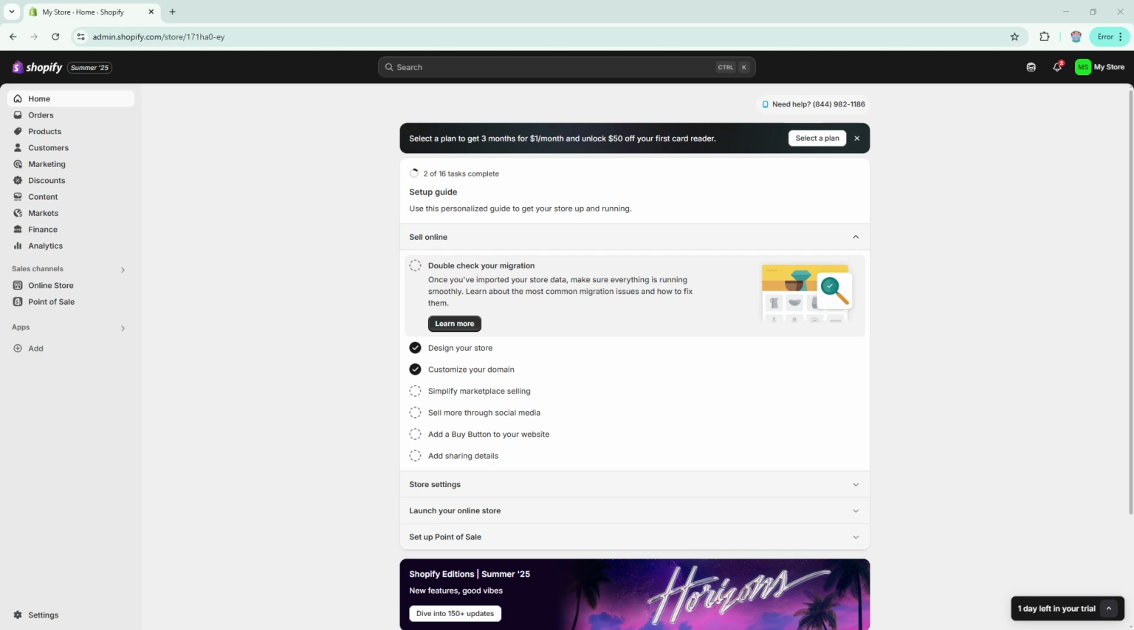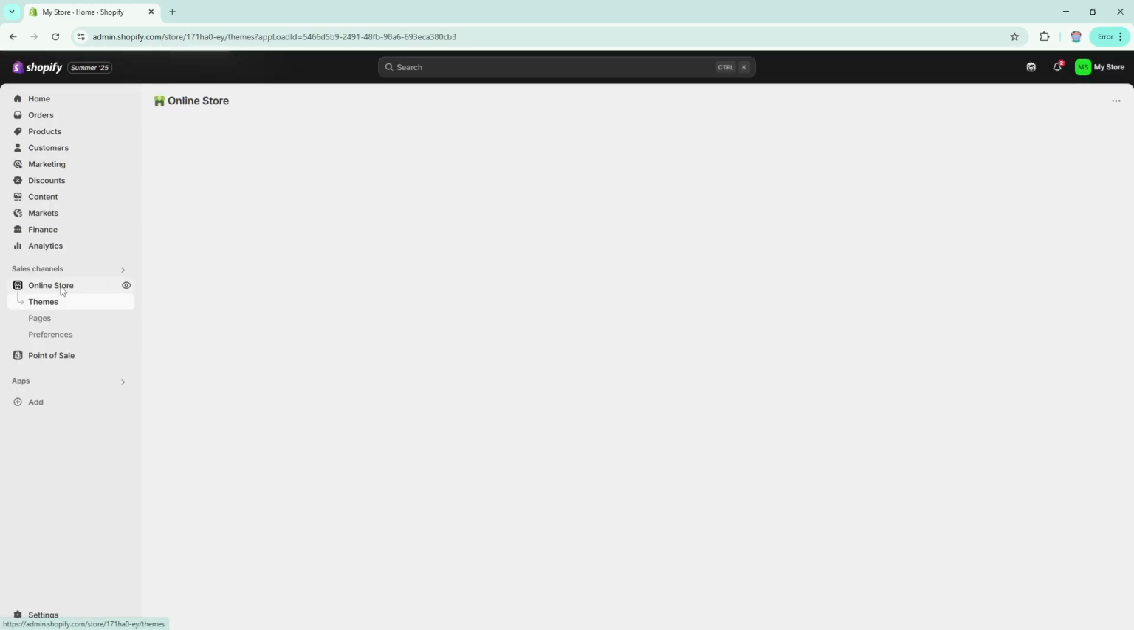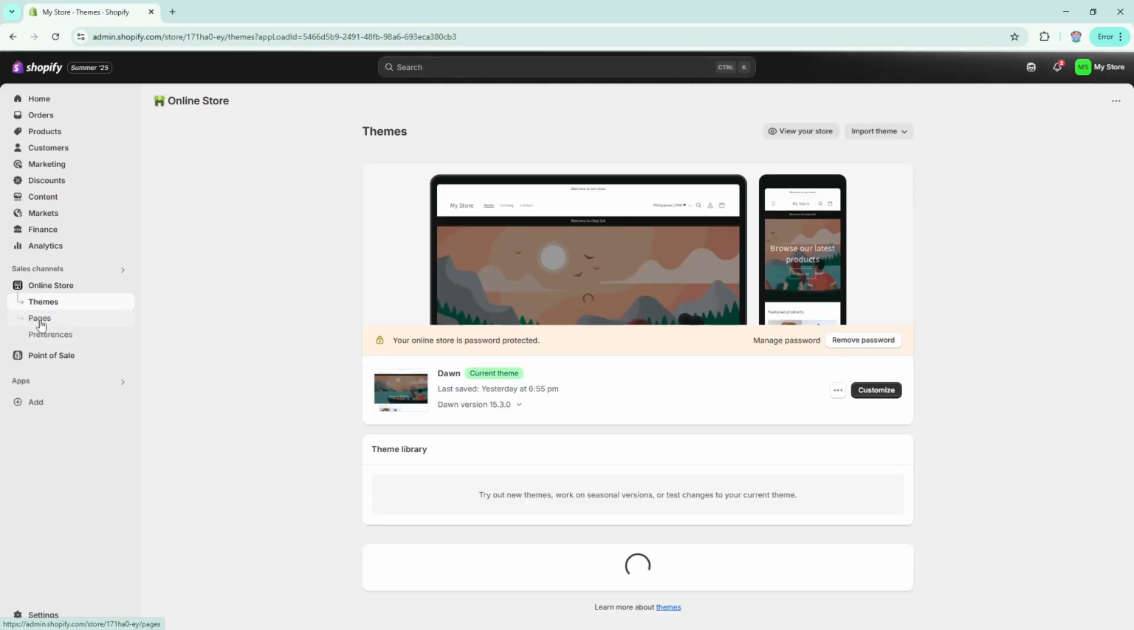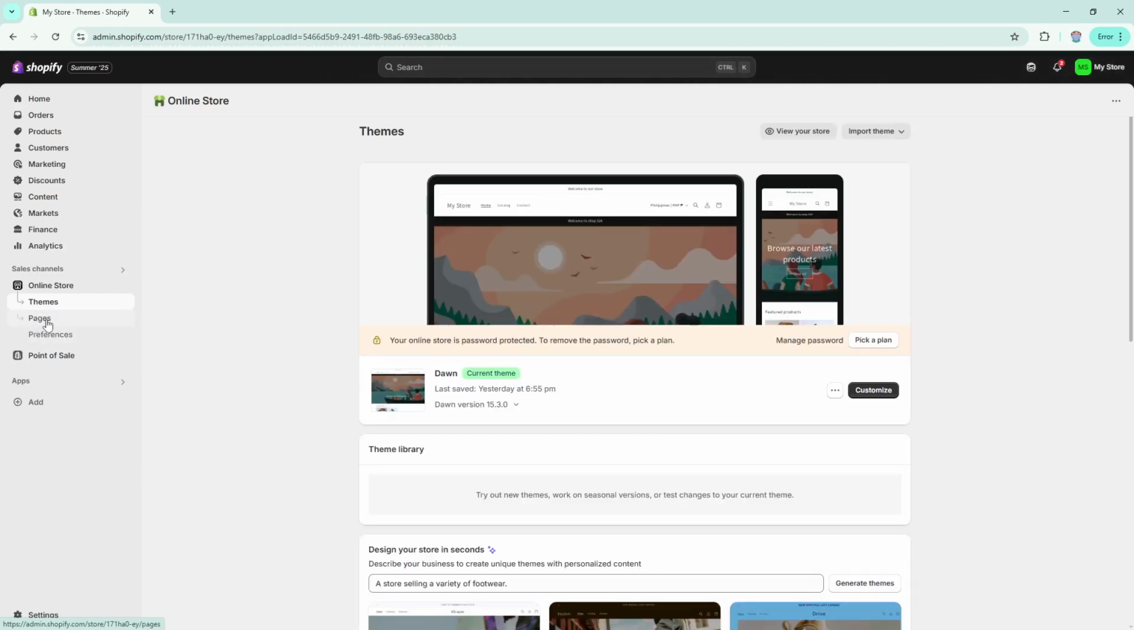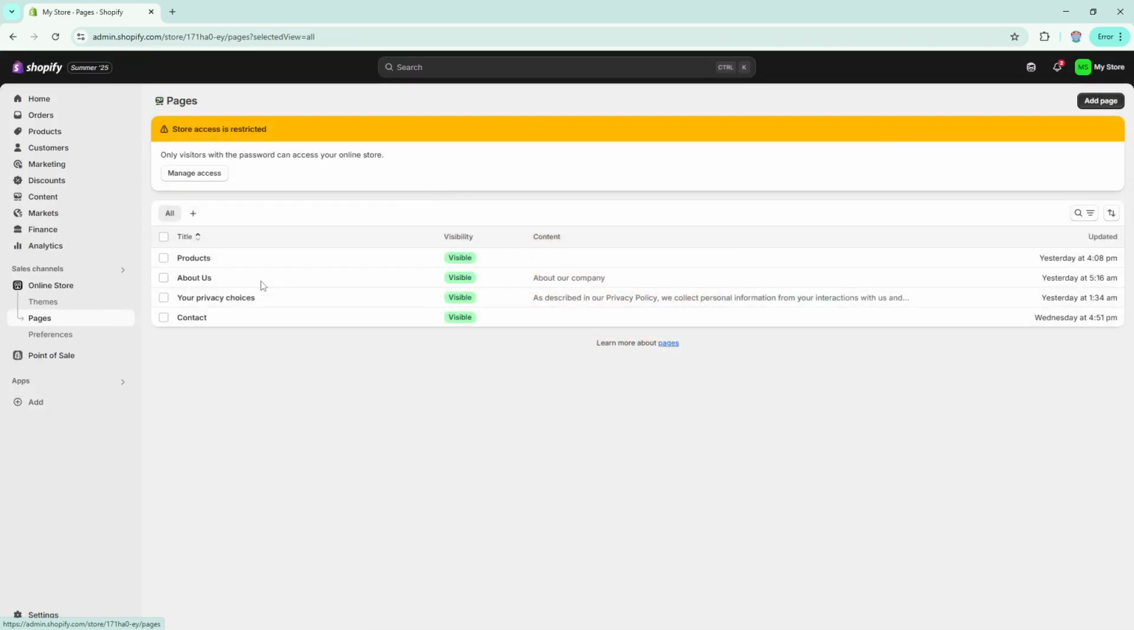First things first, let's dive into your Shopify dashboard. Once you're there, take a look at the menu on the left side of the screen. You'll see an option labeled Online Store. Go ahead and click on it. A sub-menu will appear, offering you various sections like pages, blogs, and products. In today's tutorial, we're focusing on the Products page, but feel free to apply this method to any section you're